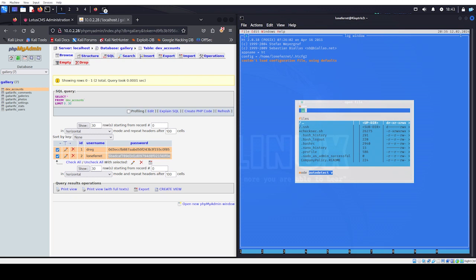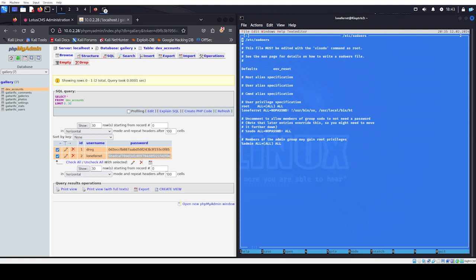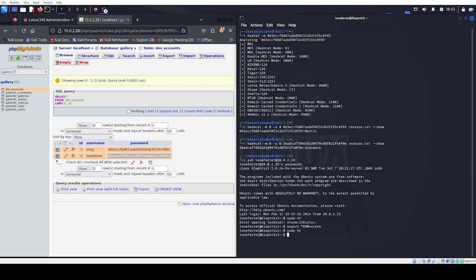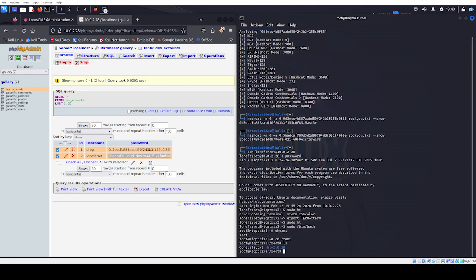Hit F3 and type /etc/sudoers and hit enter. This lets us edit the permissions of users, so let's navigate down to LoneFerret and add /bin/bash to the end of that line. In other words, I want to be able to open a bash terminal as sudo from the LoneFerret user without needing to enter a password. Hit F2 to save and Ctrl+C to exit. Now, let's try it. Type sudo /bin/bash. We are now root. Use cd to change to the root folder, ls to list contents, and then cat the